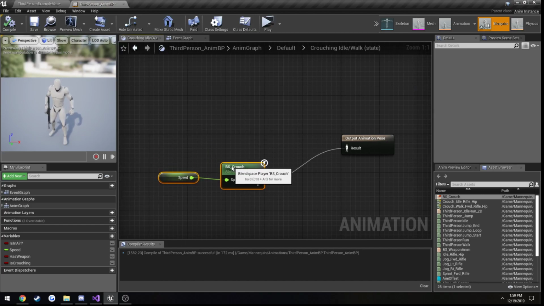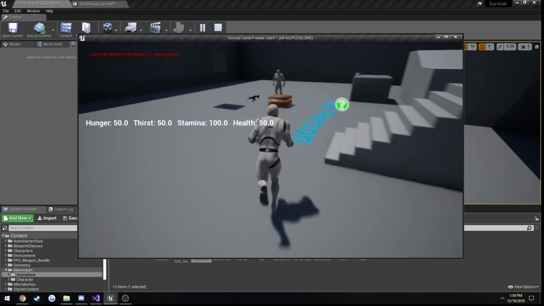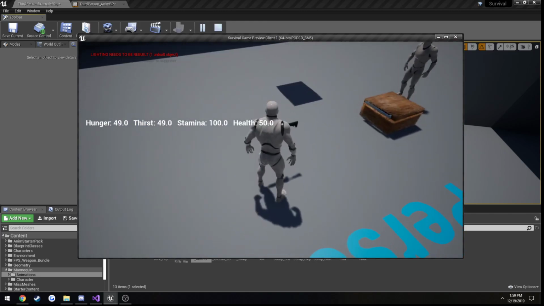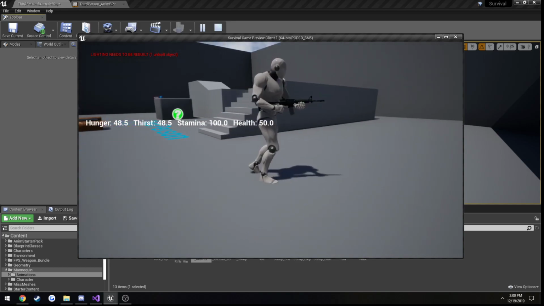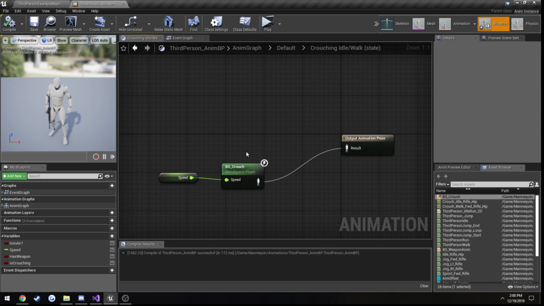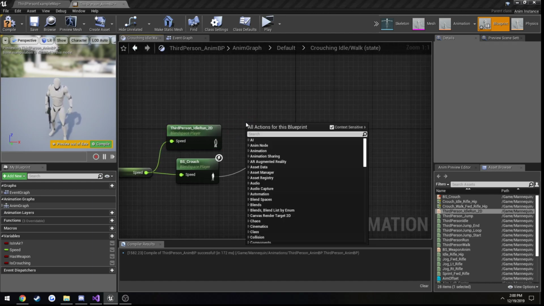So here's the thing. Currently we don't have a weapon in hand. So if I do pick up a weapon, well, you can see we're holding a weapon when we're not actually. Which it's fine for, oh, right, I have the locomotion set up different. So we need to set it up so the upper half of our body is different from the lower half for our animations. In which case we're going to use our normal idle run blueprint. And we need to blend layers. So blend,